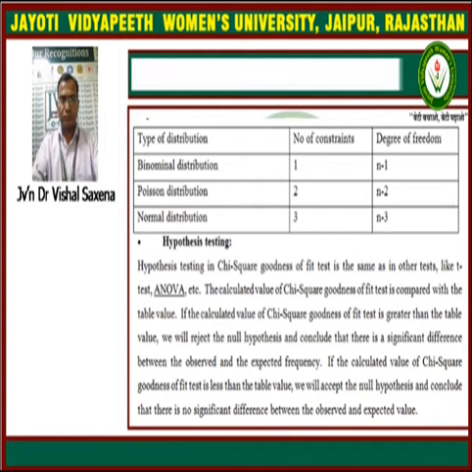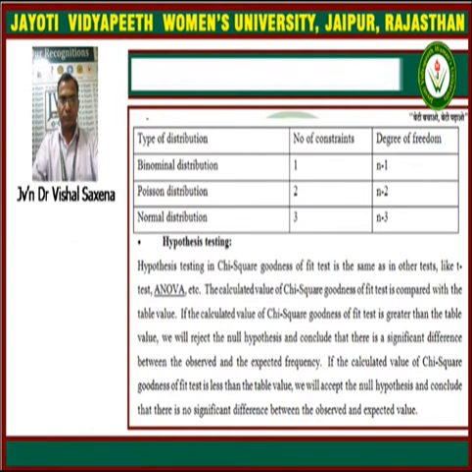So next, after the assumption of the null and the alternative hypothesis and the finding of the chi-square value, now we will do the hypothesis testing. Now we apply the method of hypothesis testing, and it is very similar to the ANOVA test or the T distribution test, and we can always find that